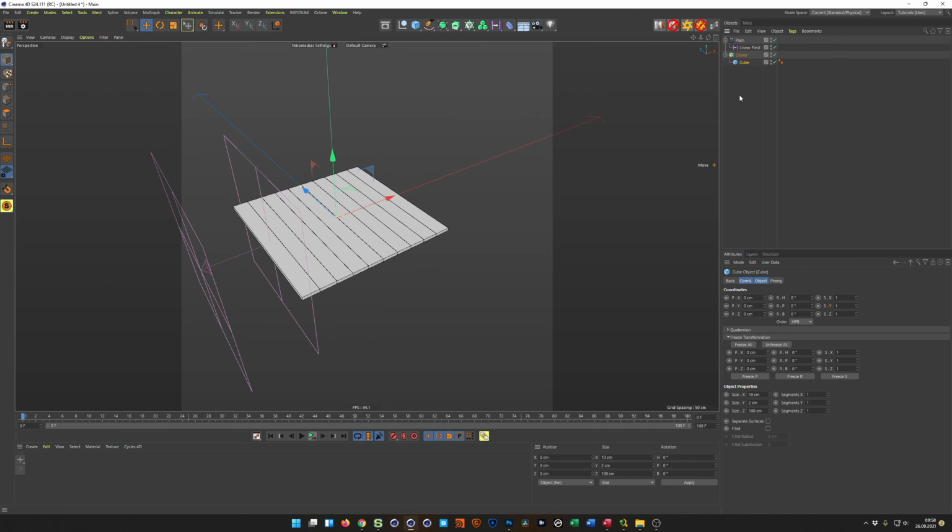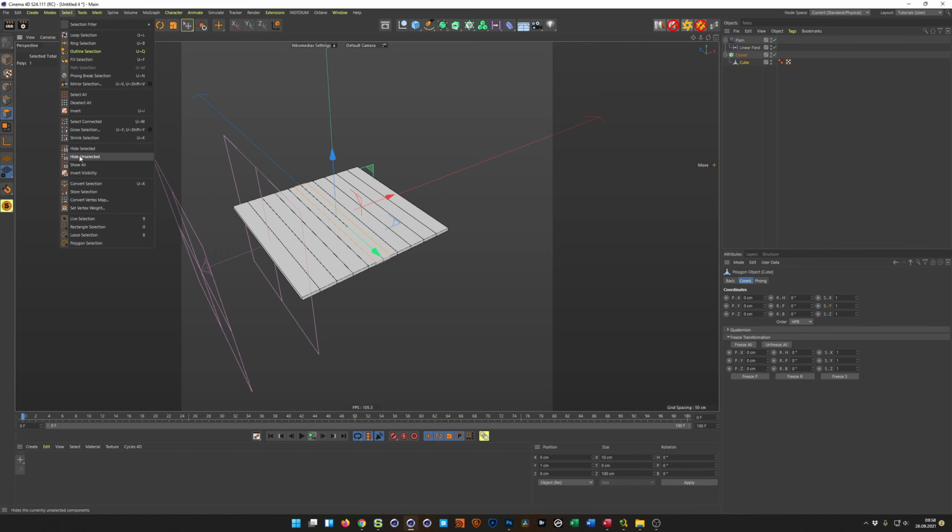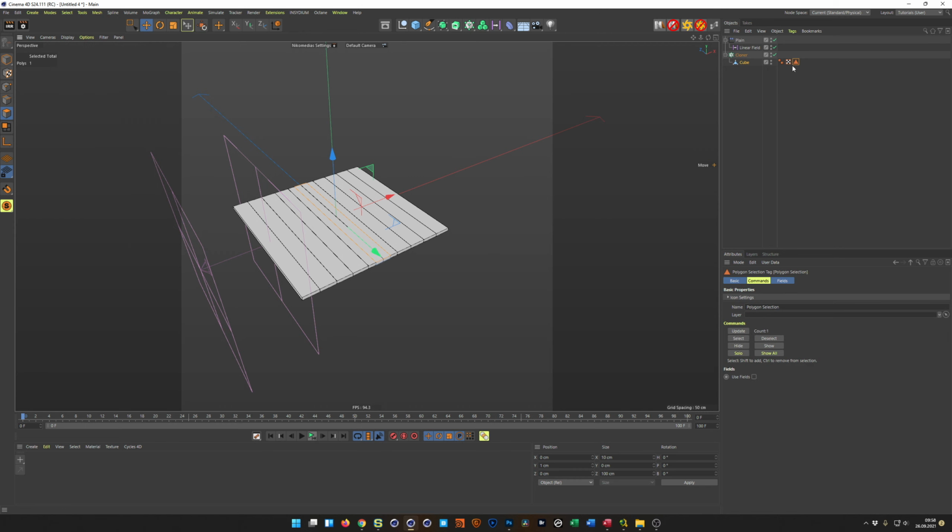So I make it editable, C on the keyboard, go in polygon mode, click here on this one, and make Store Selection, or Set Selection in older versions, and I think this is the front,